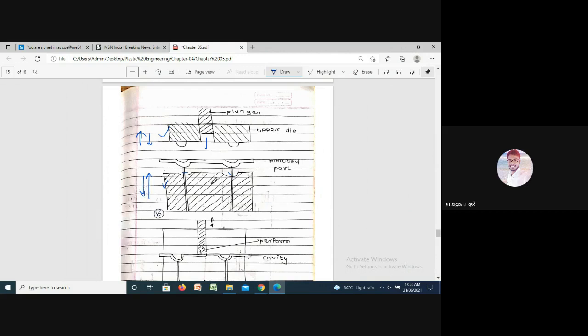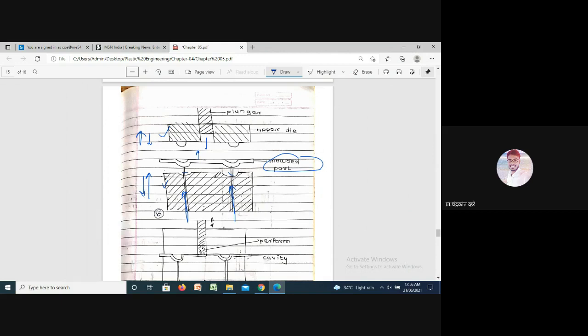At that time the ejectors placed here will eject this job toward the upside. So this will be our final molded part. This is a simple process, it is not difficult. So this is the plunger type.